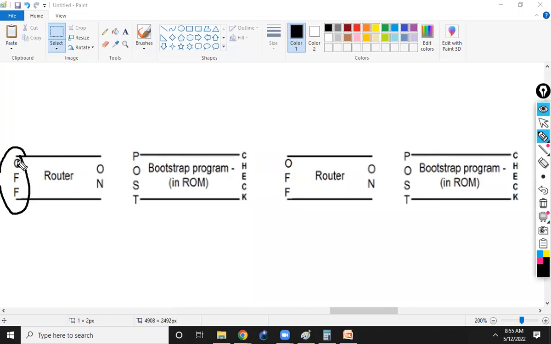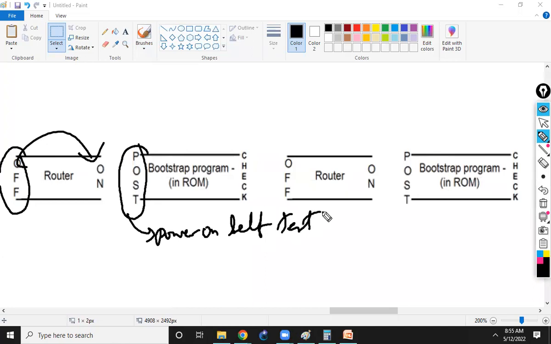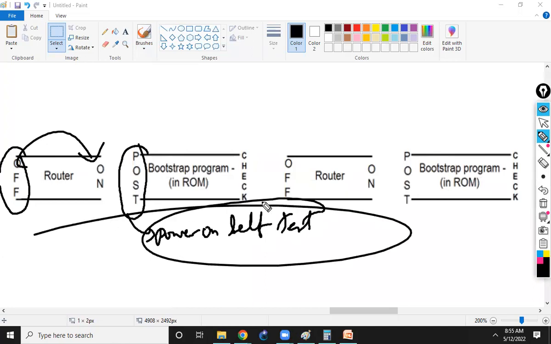Suppose the router is turned on. When the router is turned on, the POST happens. POST means power on self-test. The router will check whether it has all the components and whether everything is working fine or not. If everything is working fine, then there is a bootstrap program in the ROM which will check for a value called